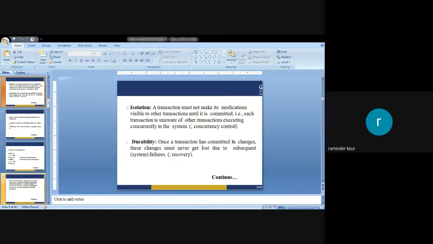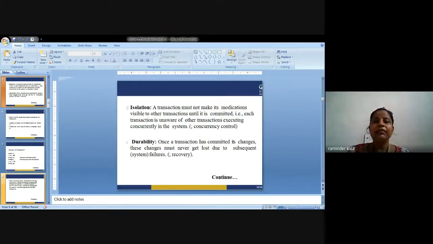let's say two transactions are running concurrently, one must be finished. So Ti is supposed to finish all its processes so that T2 could be initialized. As I told you earlier, if I am talking about account A, I have to manage account A so that it does not create disturbance in managing account B.